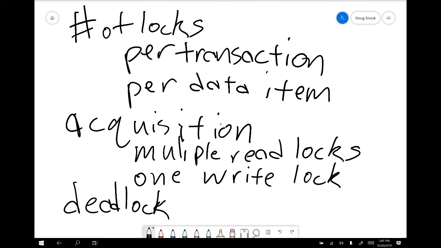If I have two transactions that are competing for a lock on the same data item and I detect that deadlock has occurred, correct? One of those transactions has to go, right? Something has to give. One of those transactions has to go. But one of them should survive. So in other words, blowing away both transactions, I do not consider to be an acceptable resolution here.